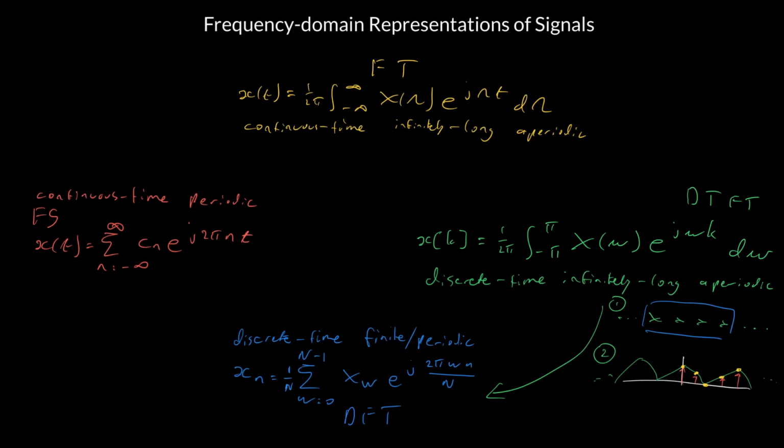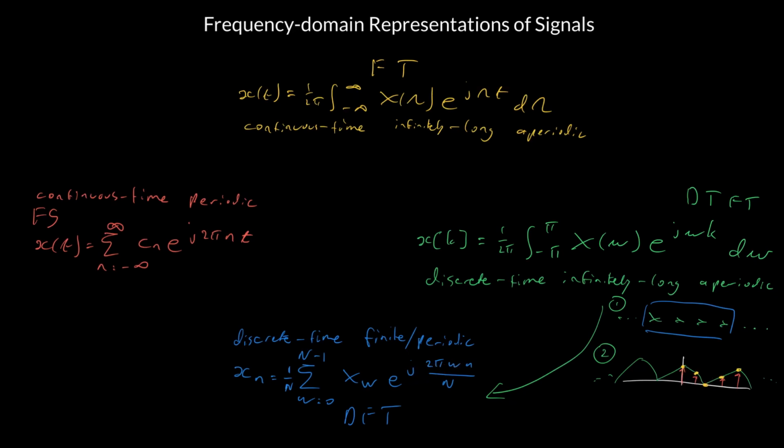And indeed, notice that to go from here to here we sampled in time, and we mentioned that in case 2 we are now going to sample in frequency. So down here we have got a signal that maybe started off life as x of t, and it's been sampled first in time and then in frequency. This representation of x of n shows clearly that we have sampled in frequency. We see that we are only using frequencies of the form 2 pi w on capital N, where w is an integer. So we are not using arbitrary frequencies to reconstruct x,